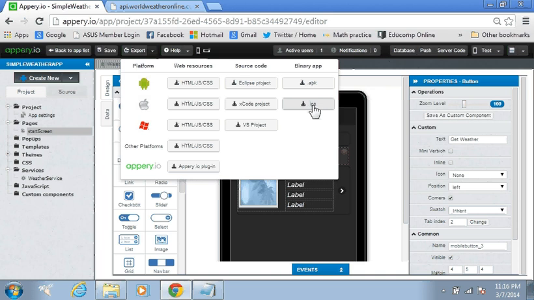If, for instance, on Android, I can just say export as an APK. It'll take some time, maybe 4 to 5 minutes, to bundle up the entire application, create an APK, and download it to your local hard disk. Once you get the APK, you can install it immediately on an Android phone, if you have a cable handy, and you can see the exact same app on your mobile device just like that. So within 20 minutes, you can not only code the app but also see it working perfectly on your own mobile phone. It's as easy as that.